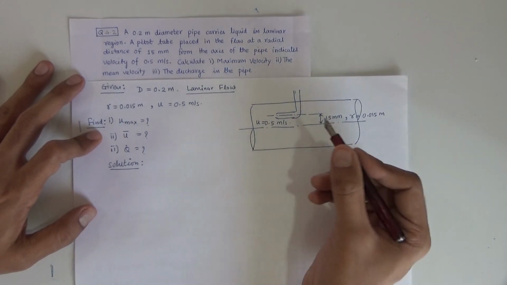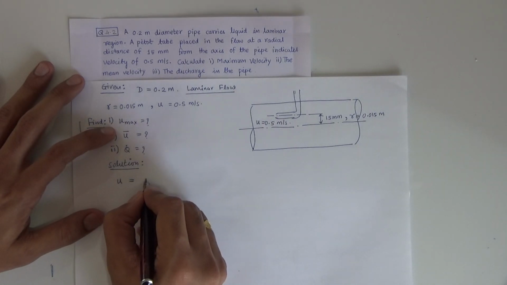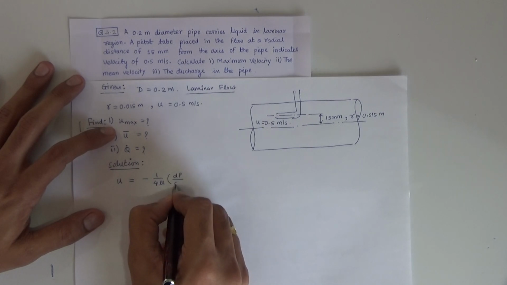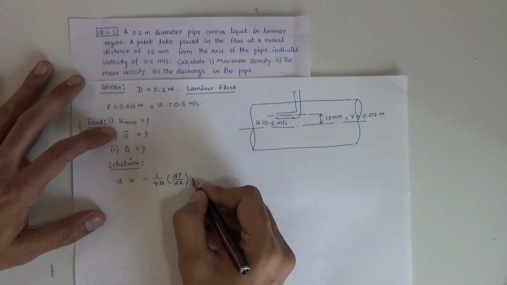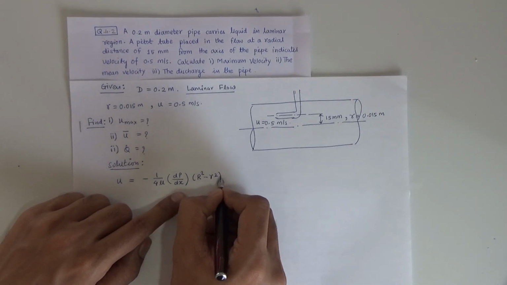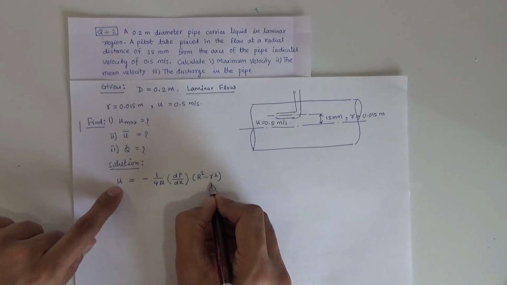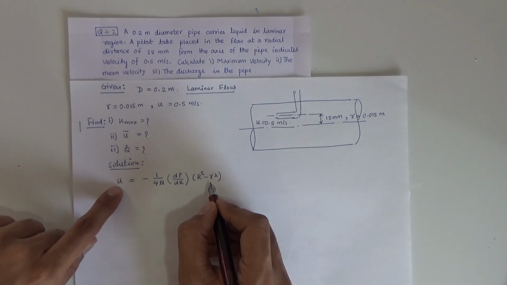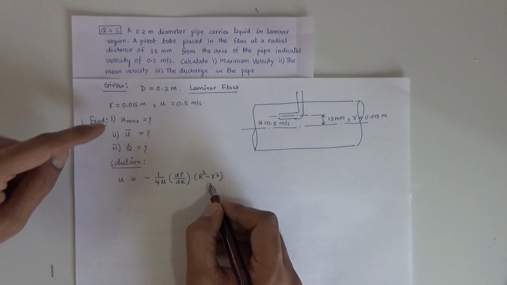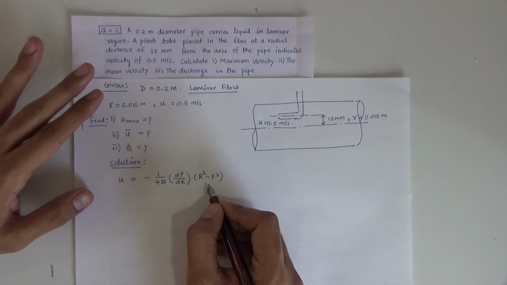So correlating this, there is a formulation of velocity distribution. What is that formulation? For pipe flow it is u equals minus 1 upon 4 mu dp by dx, into capital R square minus small r square. So at this given r, what is the value? These two quantities are given. So we can understand that with these two quantities and the other information of the relation between maximum velocity and average velocity, we can find out the things.